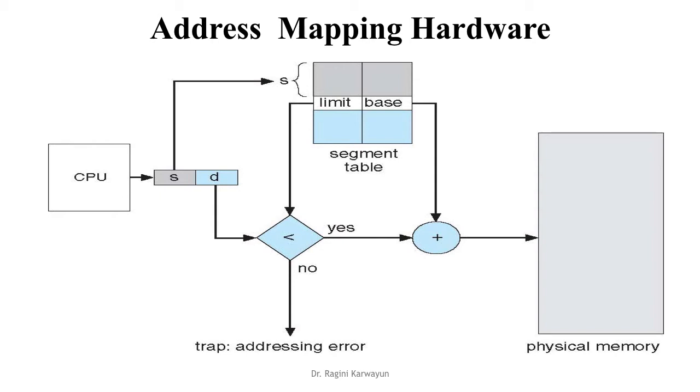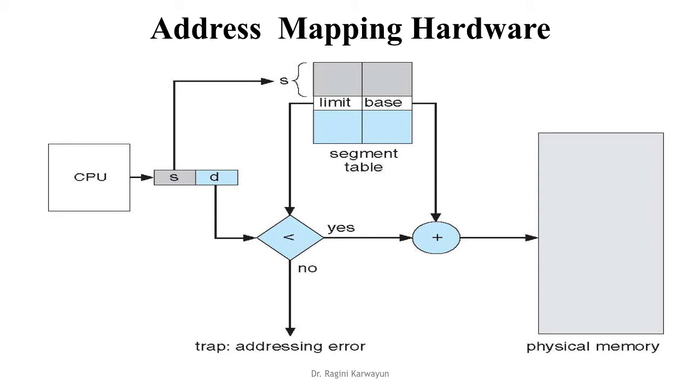So whenever this address is issued, the segment length is checked with the offset value, and the offset is 120 and the segment length is 100. That is, the CPU is trying to refer to an address that does not belong to this segment, so an addressing error is issued. If the offset is less than the length, then only we proceed further and we add base to this offset value to find the actual address of the